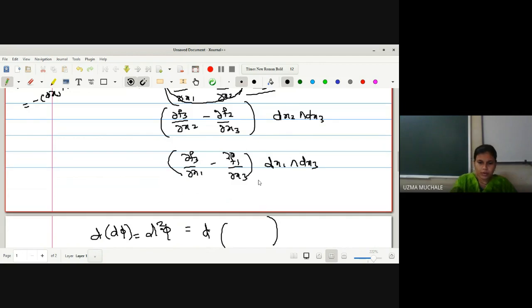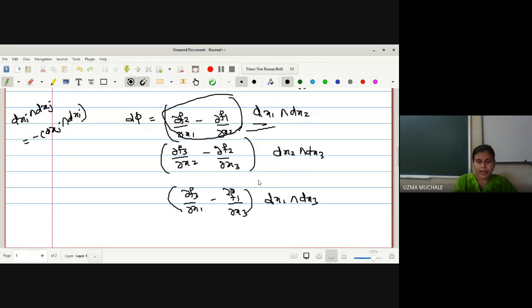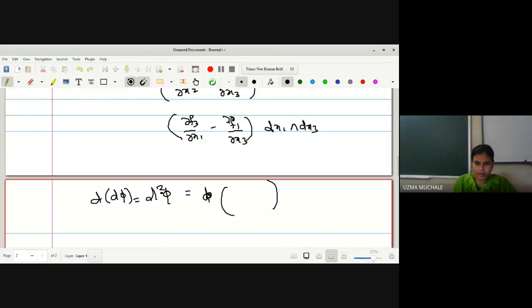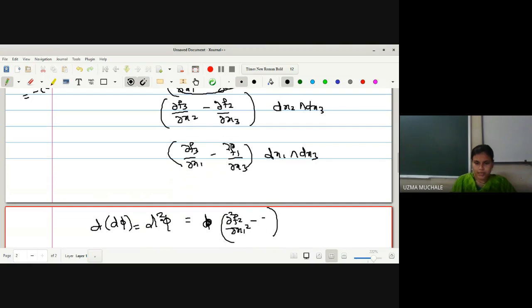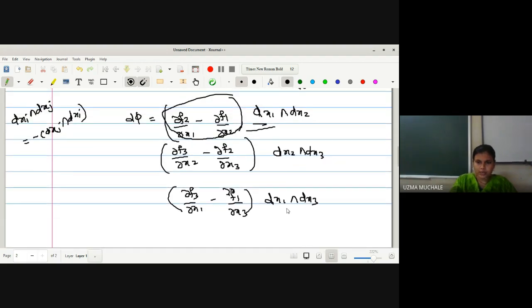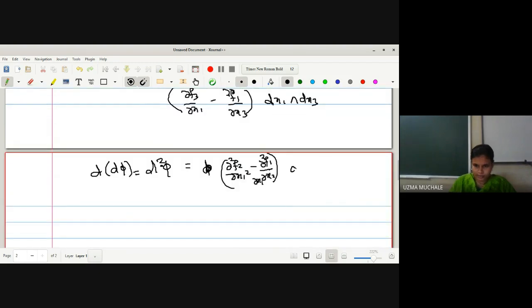So here I have to do b, no? So for that, instead of writing b and all, what we will do, f2 with respect to x1 is there, no? So the first one is f2 with respect to x1. So we are evaluating the second derivative. So it is derivative with respect to x1, minus what is the term, f1 with respect to x2, right? Minus f1 with respect to x2 is there. Again we are evaluating with respect to x1. Last one is dx1 wedge product with dx1 wedge product with dx2. So these two will be 0.